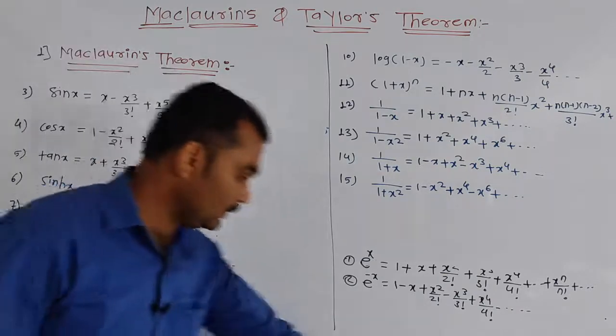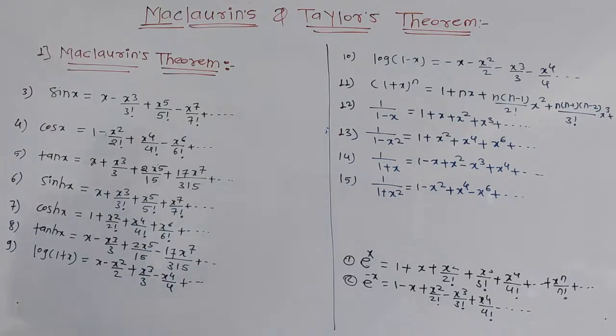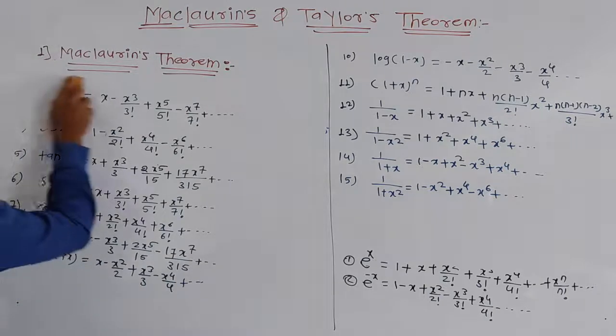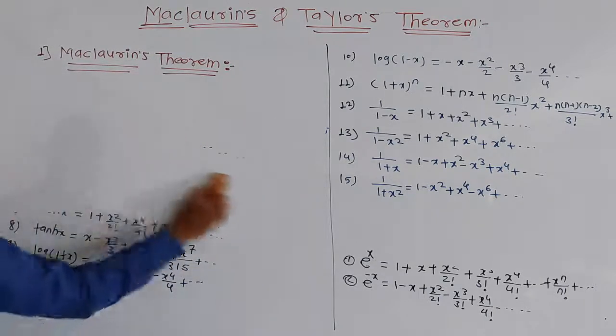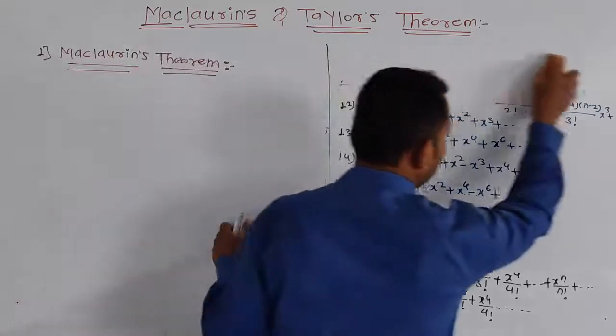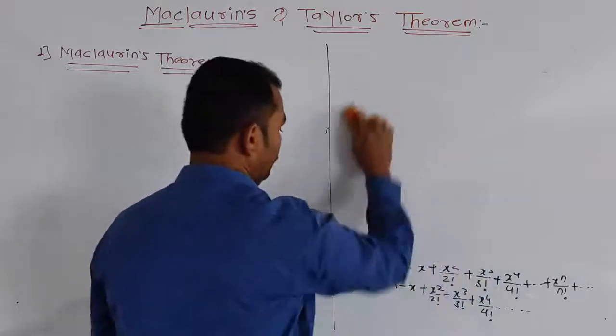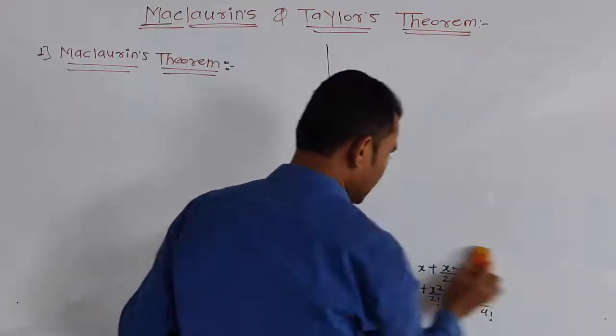Okay, now we will start the examples. These are very important series. These are also important in hyperbolic also and this also. Okay, now examples. I will start the examples on infinite series, that is, examples on Maclaurin series. Example first.